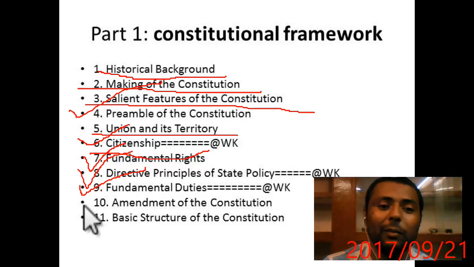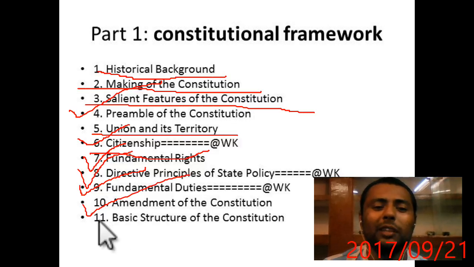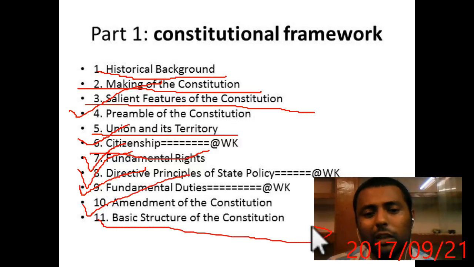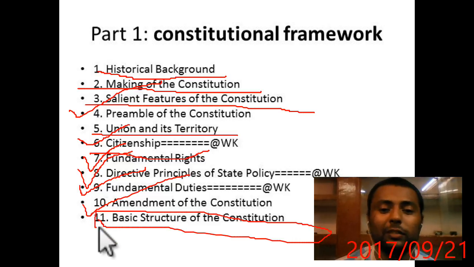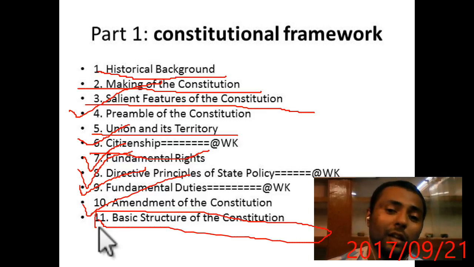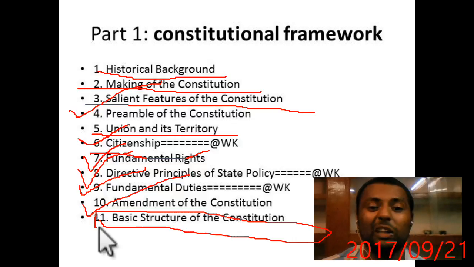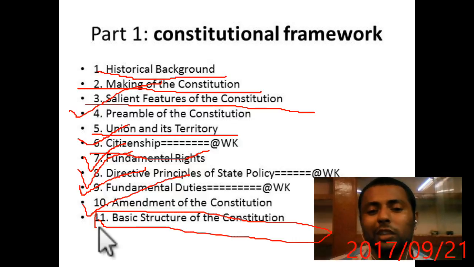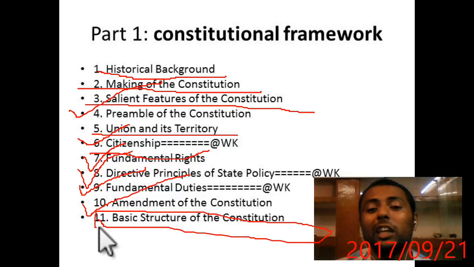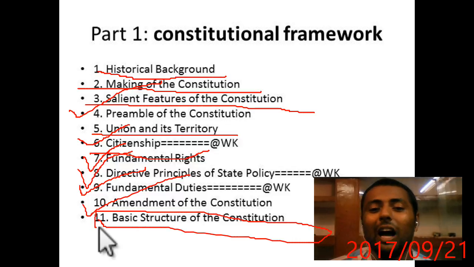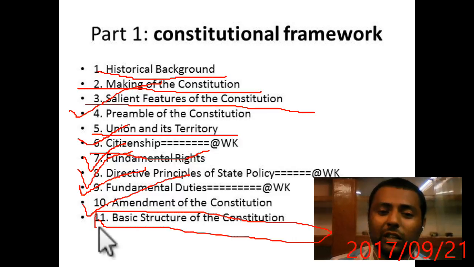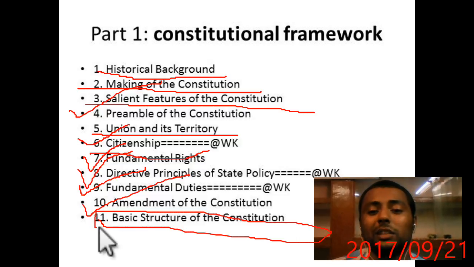Okay, Amendment of the Indian Constitution. Just go through the basic structure part of this chapter. What you have to read is that basic structure is a doctrine given by the Supreme Court in the Keshavananda Bharati case in 1973. According to that, Parliament can amend the fundamental rights also without disturbing the basic structure. So what was the basic structure? The Court said that it will depend on a case to case basis. Secularism, republican form of government, and sovereignty are a few things related to the basic structure. Remember that these are the ideals which can't be amended even by the amendment procedure of the Constitution.